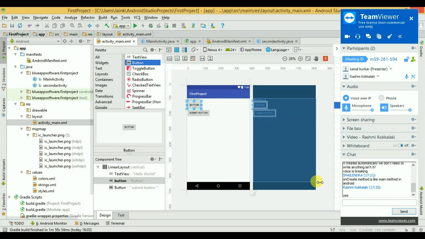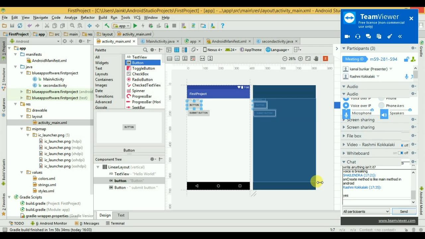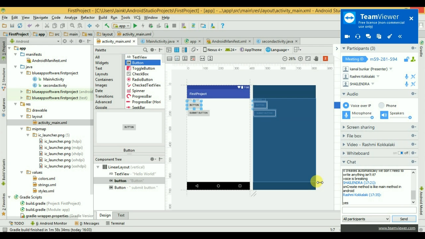Connection loss, not able to connect again. Let me check. Let me check. Uh,